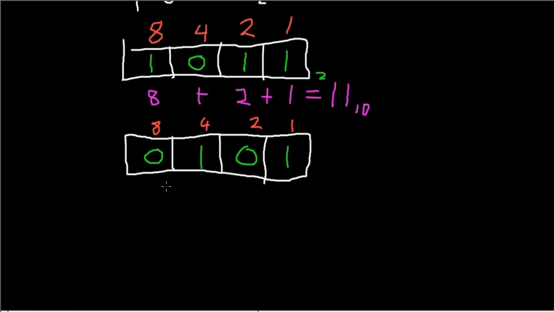0 times 8 is 0, so ignore the ones with 0. 1 times 4 is 4. Ignore this one. 1 times 1 is 1, so 4 plus 1 is equal to 5. In decimal, this number, 101, is 5. And again, this is a binary number. Okay, well,